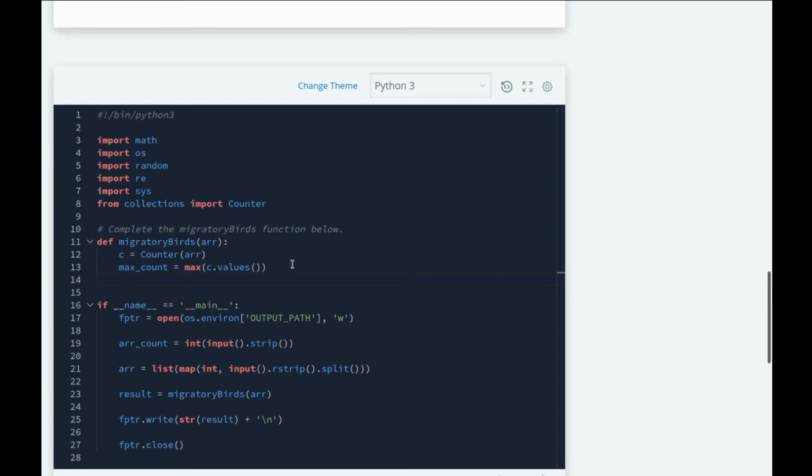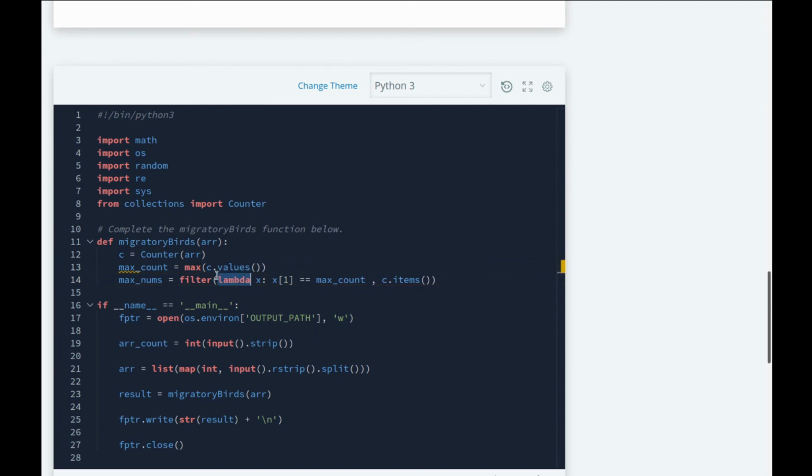Alright, and then we'll filter our list. So we have to say max_nums, and over here what we are going to do is filter, and we are passing it c.items, and in the lambda function we have to say x[1] equals max_count.